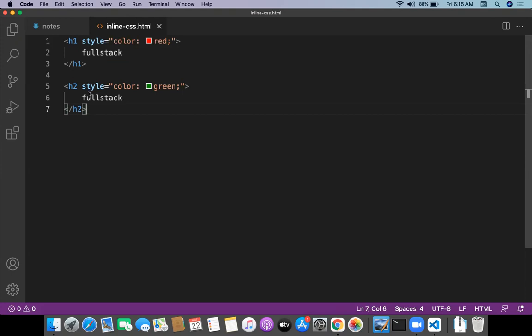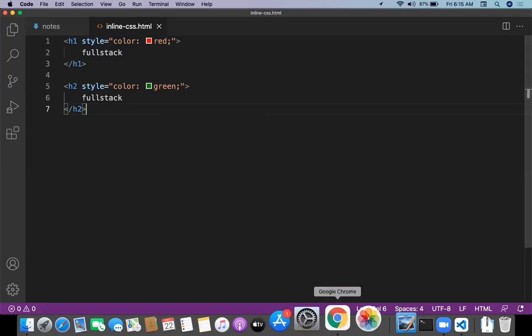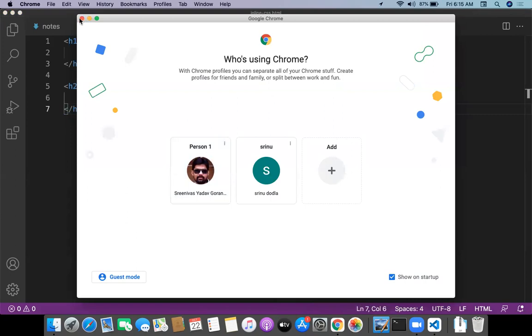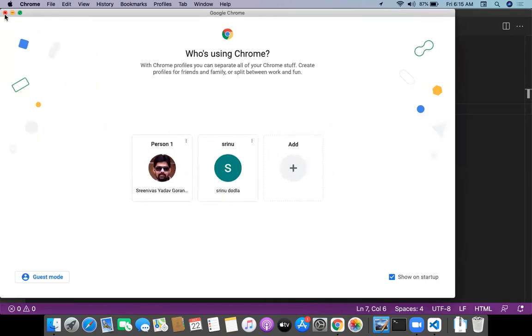See, people understand. For the h1 I'm giving a separate style, for h2 a separate style. If you have 1000 elements, 1000 times you need to give the style attribute, 1000 times we need to write the CSS. There is no way. So this is getting to be a headache. A lot of times you will be writing CSS for each and every element. This is not the right way of writing CSS in real time. But anyway, we have to see the output of this one. Let me go with the output.